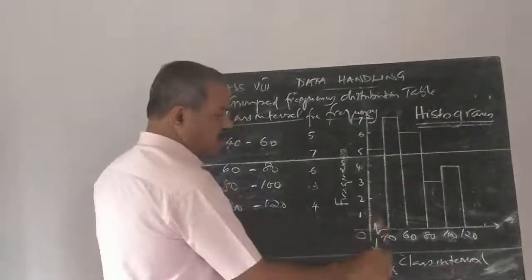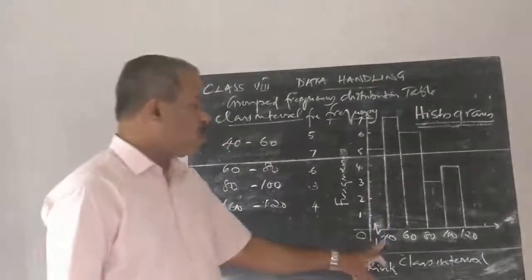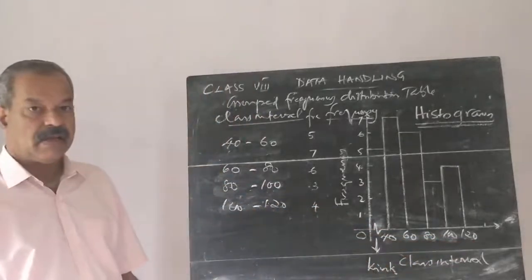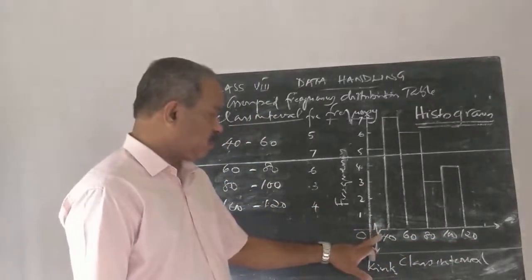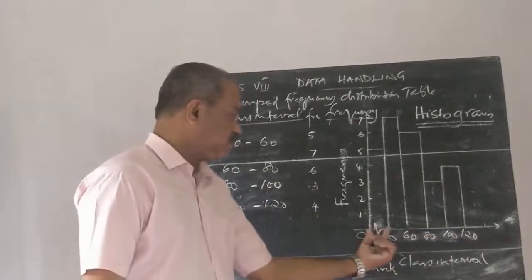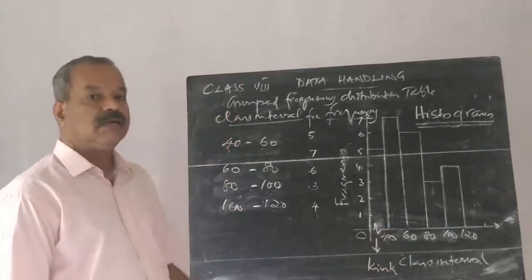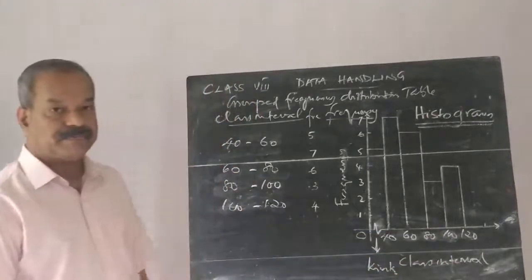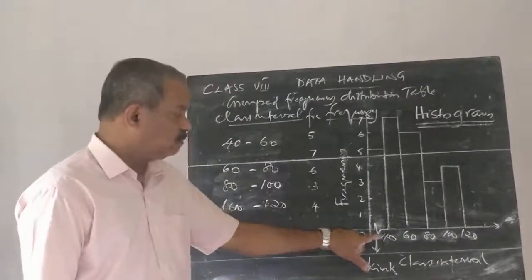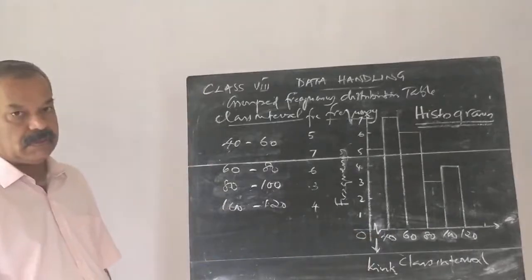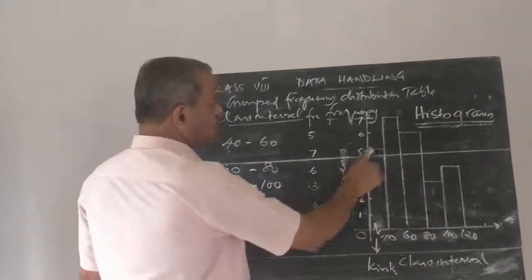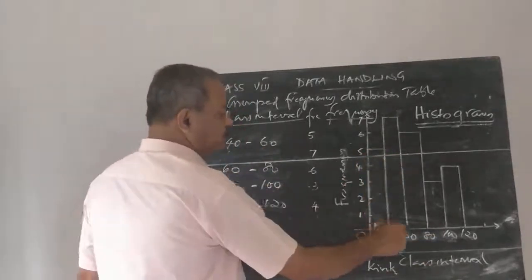What is the meaning of this broken line? The scores or the class intervals marked on this line are independent of the origin. That is, the distance from here to here is not in the same scale, it is different. To express that, we put this broken line. So we can start this class from 40 to 60, and we can draw the rectangles from 40 to 60.